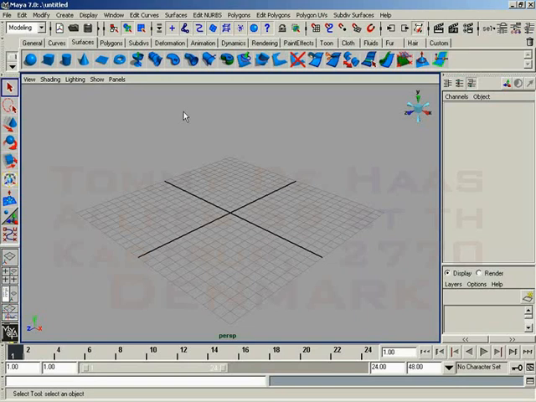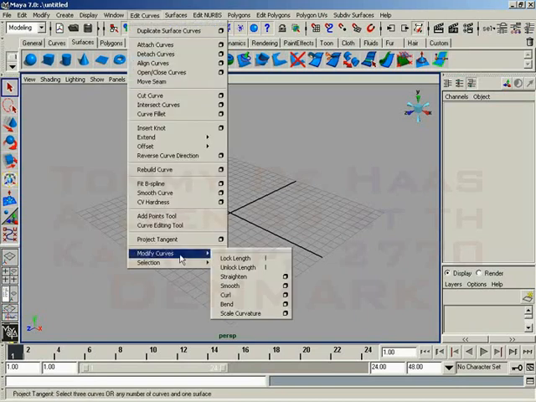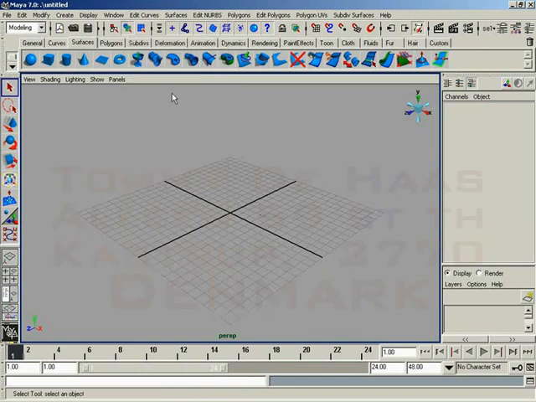The Modify Curves section of the Edit Curves menu has a lot of different tools that you can use to, well, I guess as the name suggests, modify or change your curves around. I'm going to go ahead and talk about all of these in this single video because they're all fairly simple and easy to use. For starters, we'll begin with Lock and Unlock Length, which is available to you using the